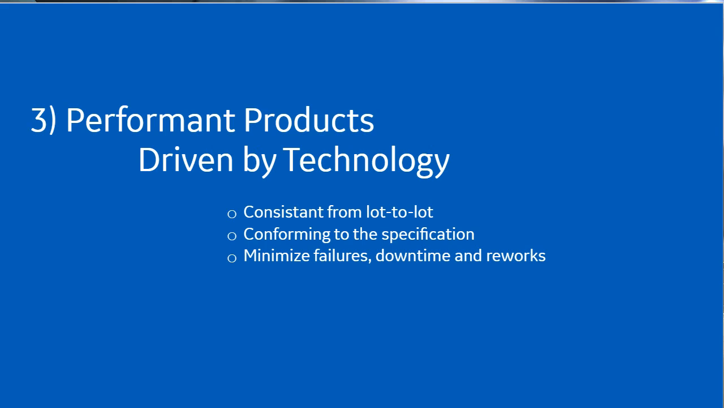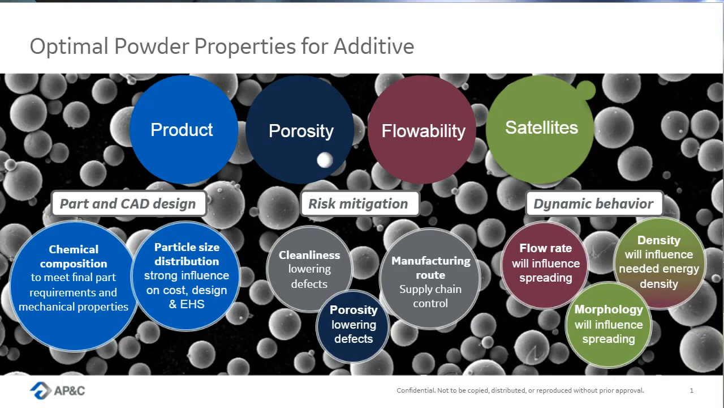Obviously, it needs to conform to the specification we just defined, but also minimize failures, downtime, and reworks. And this one is a bit trickier to establish within specification. It's more qualifying the supplier and understanding how its powder behaves in your system. So our view of additive is that there's really three things that are included in a specification that impact your products. So first, there's a chemical composition. That includes, obviously, the alloy you're selecting,